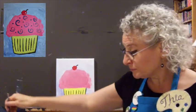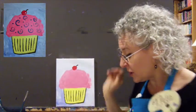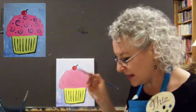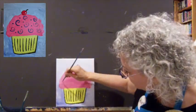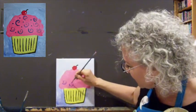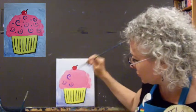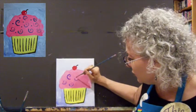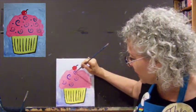And then I'm going to swish that little skinny brush around in the water jar and blot it on my paper towel. And I'm going to take the blue paint and make little spiral swirls in the icing of my cupcake. Just swirling those around in little spirals, and you can go in either direction, up and down, left or right,